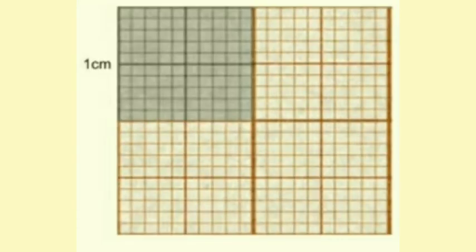Now let us understand how to draw a distance time graph. Generally we use a graph paper to draw a distance time graph. The graph paper has 1 centimeter squares marked on it. Each centimeter square has 100 smaller squares in it, which are millimeter squares. The side of the bigger square on the graph paper is 1 centimeter and that of the smaller square is 1 millimeter.